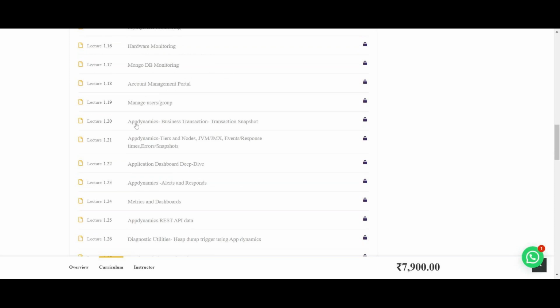So with respect to AppDynamics, business transaction monitoring is a critical part. If you take any APM tool, it is application performance monitoring or management. So the application part in this case, let's say,